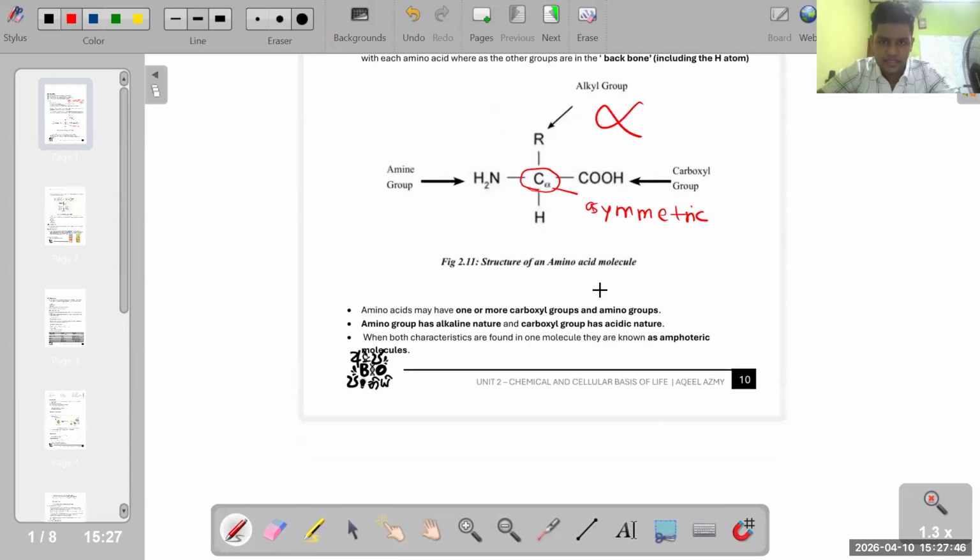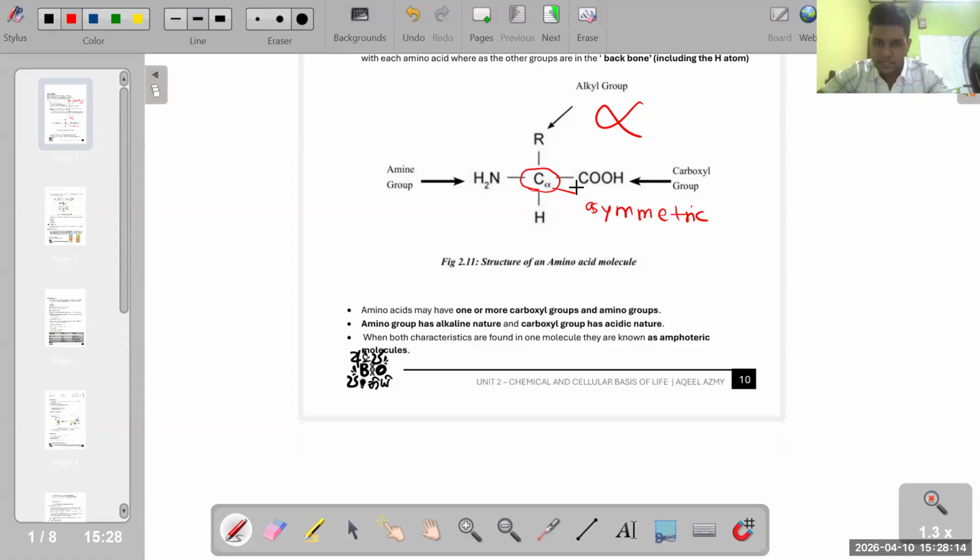Asymmetric carbon means, if the four groups... now we know that carbon has a valency of 4. This is from your overall knowledge. Carbon is present in group number 4, right? Now you will be studying that the actual group is not group 4, it is group 14, in your A level syllabus. But for the moment, as you are coming from the O levels, as per your syllabus, carbon belongs to the fourth group.